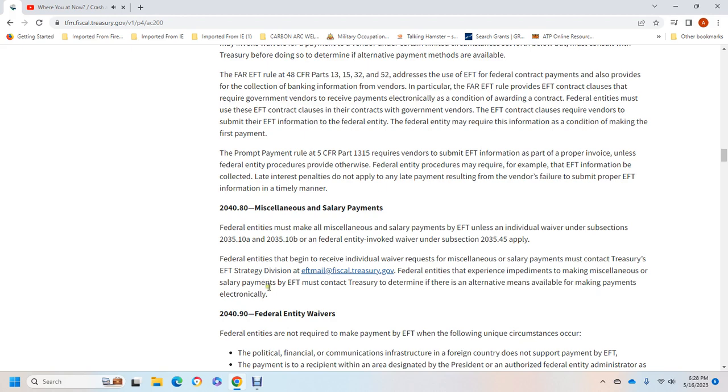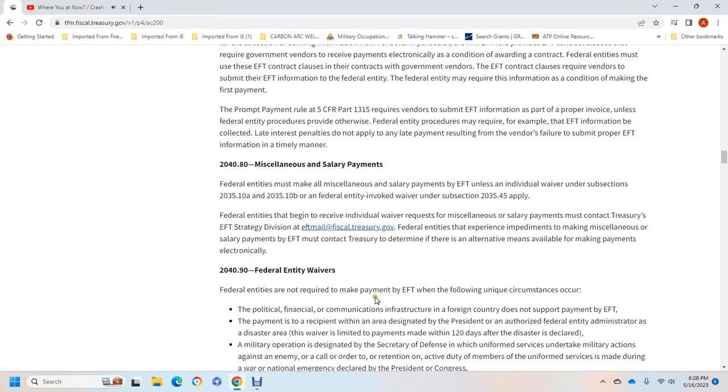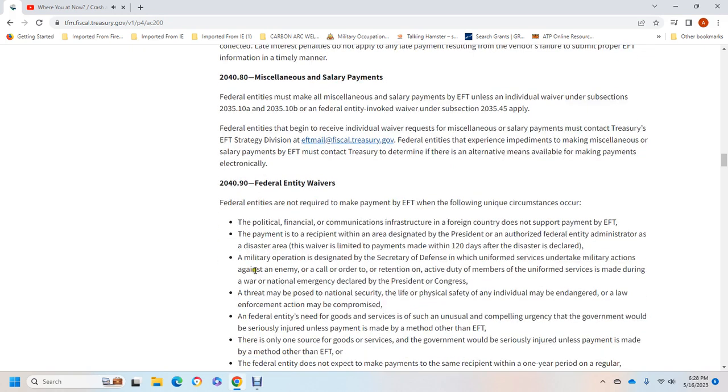Alright, 2040-90 federal entity waiver. Federal entities are not required to make payment by electronic funds transfer under the following unique circumstances: the current political, financial, or communication infrastructure of the foreign country does not support payment by electronic funds transfer. The payment is not to a recipient within an area designated by the President as a disaster area; the waiver is limited to payments made within 120 days of the disaster being declared. Military operations designated by the Secretary of Defense, uniformed services under military action against the enemy, will call for the orders of retention to the active duty members of the uniformed services made during the war or